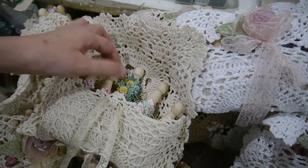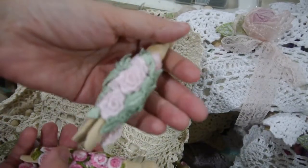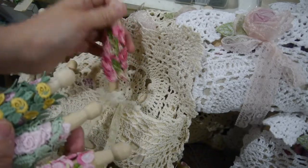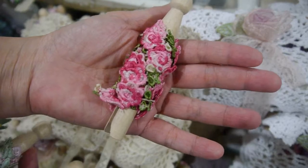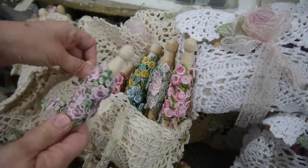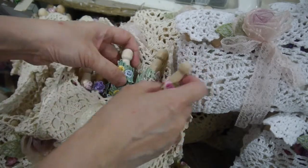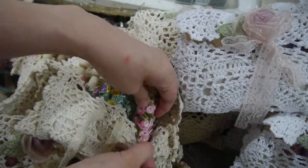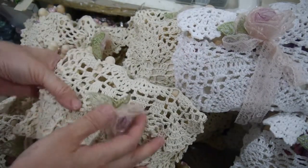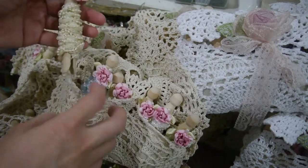I show you that we have 1 2 3 4 5 6 different type of this beautiful trim, all very beautiful color, all is in one yard. Okay, this color and this color. So we have all this here, and I show you the back. Yeah, also you all know crochet is the time consuming project, so I take time to do this finish. Okay, and this is the back layer, and then we have different of this beaded trim in different color, and